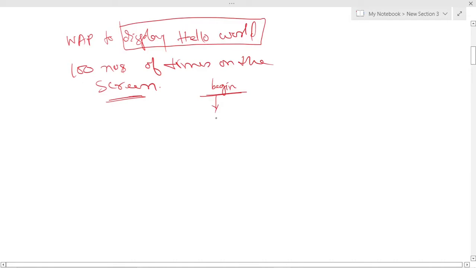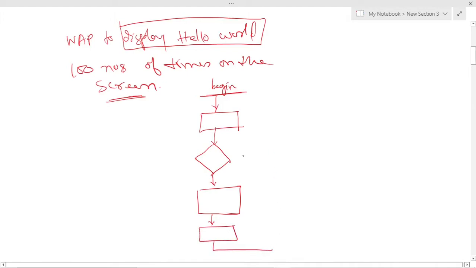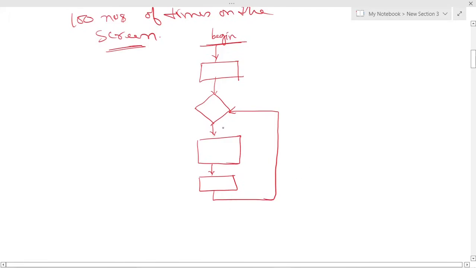What I mean by it, sorry, let me draw a blank loop. Let me write the main blocks here. This is the initialization block, and then this is the condition that we want to check, and this is the body of the loop, and this is the increment decrement part of the loop, and then our control goes back to this point here. Our control goes back to this condition again,